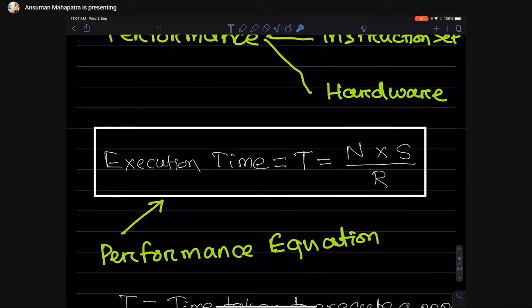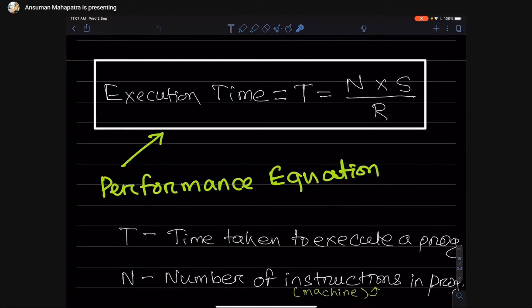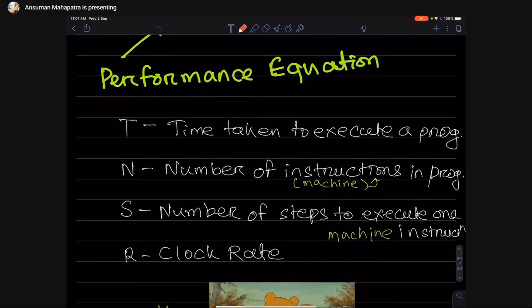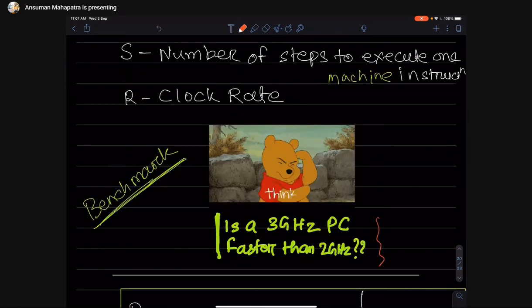So if there are more gigahertz, that means the time taken will be less, but it also depends upon N and S. That's why in the last class I told you that if two machines have two different gigahertz and you want to execute the same program, then the highest gigahertz machine may not be faster. Okay, so let's see why it may not be faster.